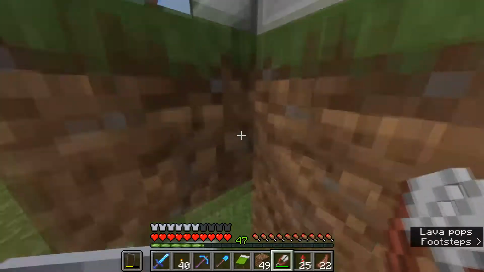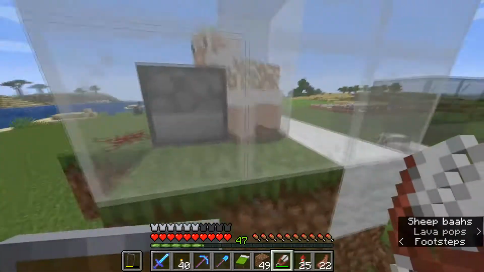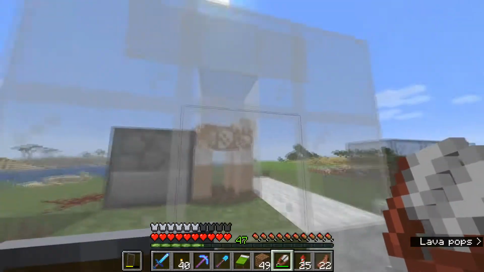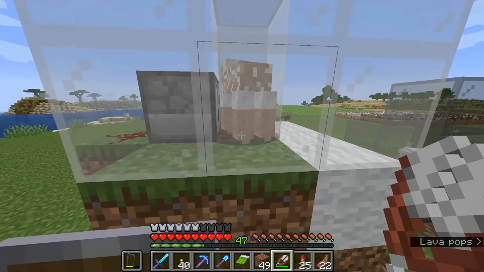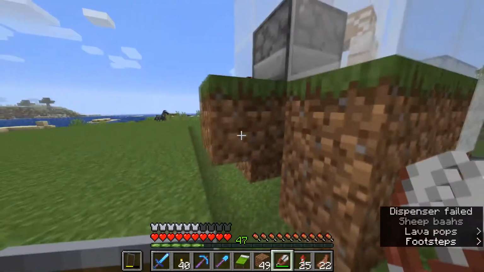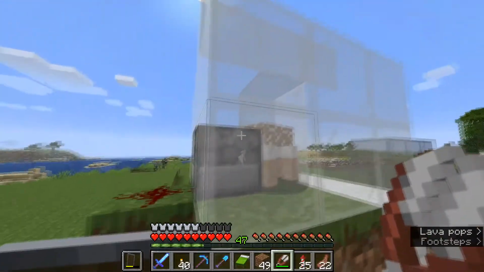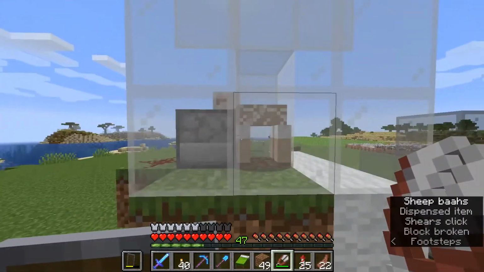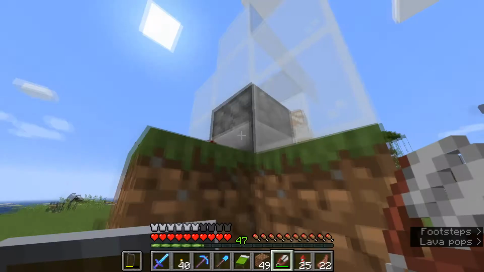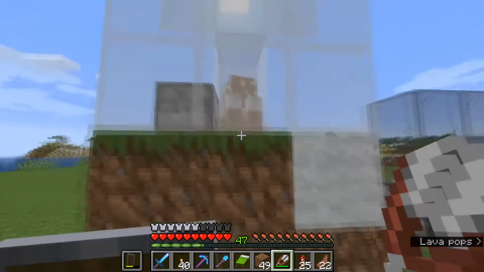Essentially what we're doing is setting up an observer here that is facing into the block beneath the sheep. When the sheep eats the grass, turning it to a dirt block, the observer under here will trigger a redstone pulse, which travels through this block into our dispenser up here. And our dispenser, which is right next to our sheep, will use one of the shears that we leave in the dispenser and automatically, instantly shear the sheep,